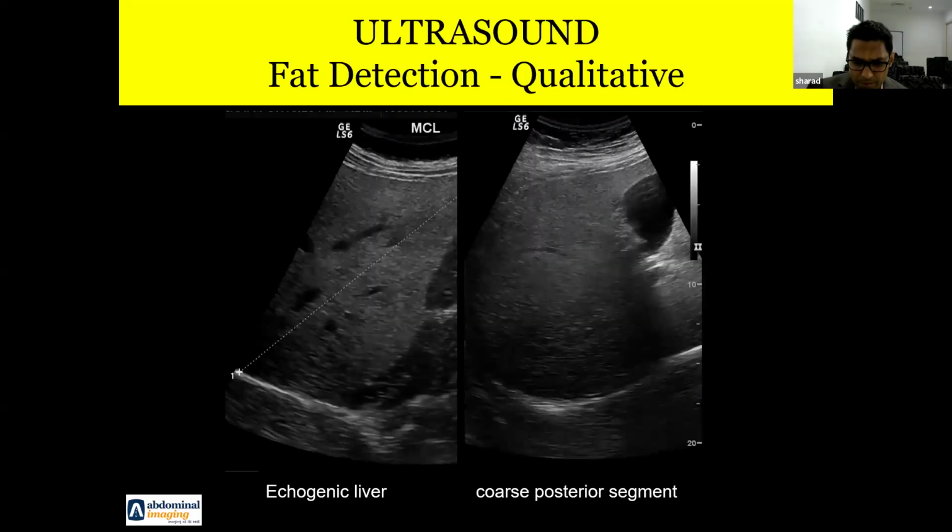Now, Dr. Rajas, we do preventive programs and Dr. Rajas is always there. So there are now quantitative methods also on ultrasound, newer machines where you take values from the liver and the kidney and they are able to quantify it in a better way. So I am sure in one of the sessions, Dr. Rajas will take that also.